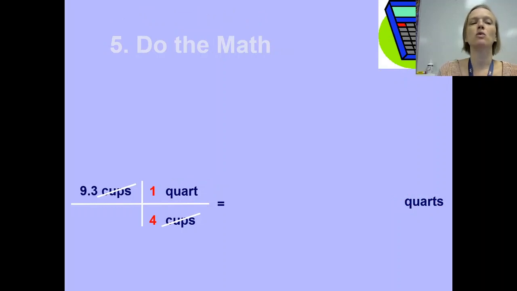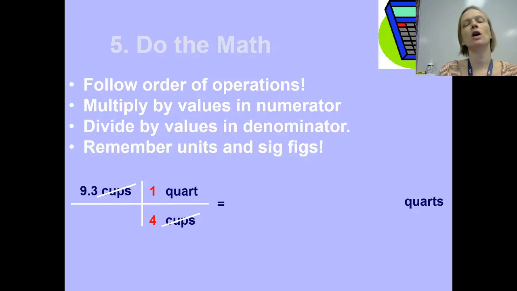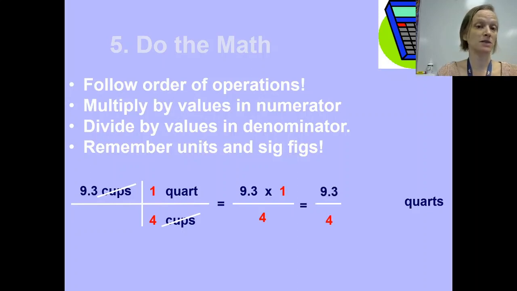Step 5 is to do the math. Follow the order of operations, multiply by values in the numerator, and divide by values in the denominator. Also, when you do the math, remember your units and your significant figures. So I'm going to have 9.3 times 1 in the numerator and 4 in the denominator. So that is the same as 9.3 divided by 4. And that's